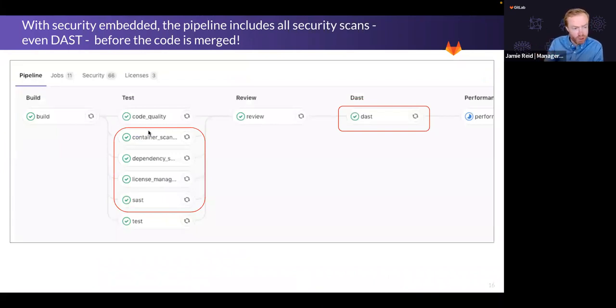Here's what this looks like within a pipeline. As a developer working in a project, as you kick off a pipeline, what you'll see here is security embedded in the pipeline before the code even ends up merged. So if developers are working in the context of a merge request, which is really the point of collaboration, right, where the developers' commits end up coalescing with a code review and security scanning and any other pipeline components that you define,